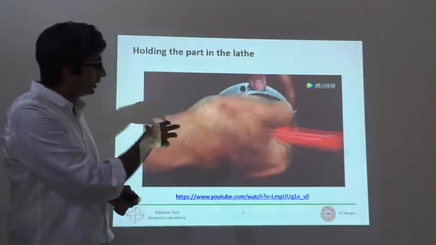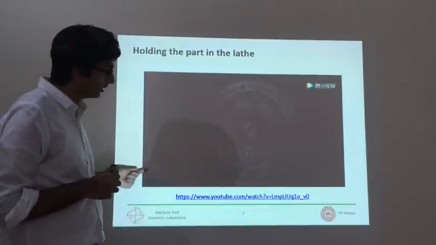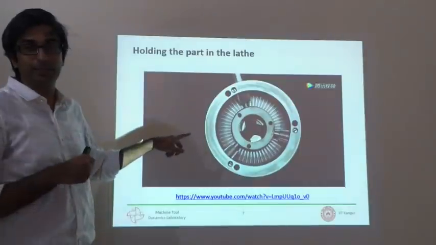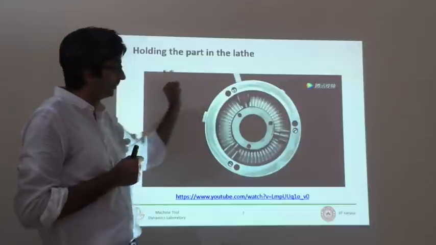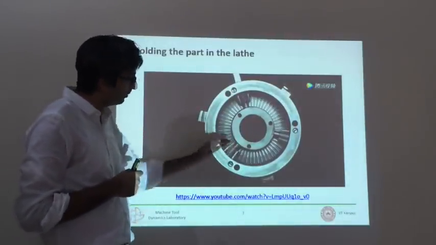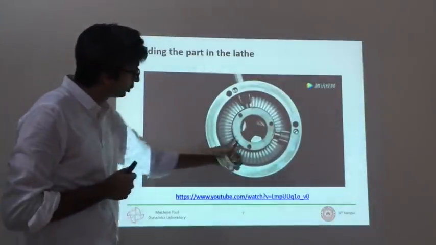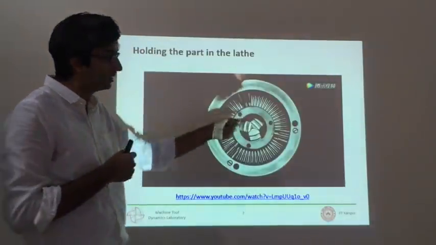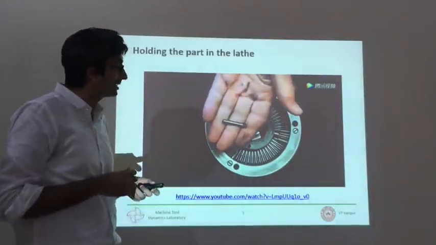So as you can see now, he will remove this. There are 3 bevel gears, 1, 2, 3, and the key that you put in is going to drive any of these 3 bevel gears. There are 3 because you can put this key anywhere. You don't have to always put it at the same bevel gear. So these are bevel gears which are indexing rotation, and then behind that bevel gear, like I said, there are spiral grooves, and those jaws which translate in and out are moving on those grooves which are cut behind this bevel gear, which is what will now become plane when we disassemble this.